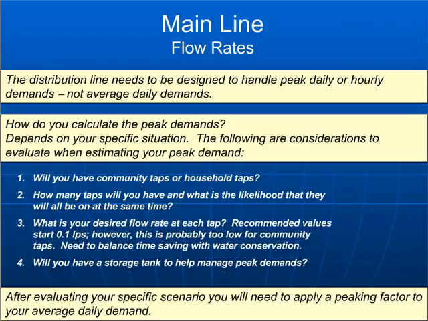Okay, so we'll shift gears a little bit now and again talk about some big picture considerations for that main line and trying to figure out how to size that and what are some of the considerations that you need to make. First of all, the most important consideration for that distribution line is that it needs to be designed to